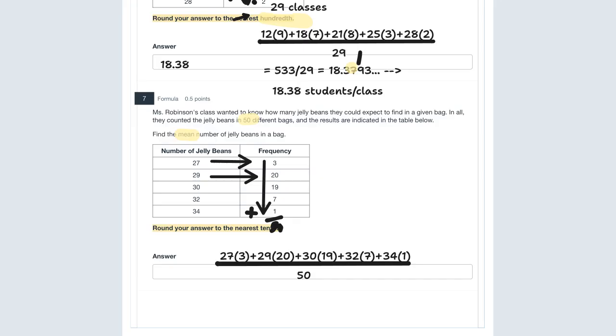So 27 times 3 plus 29 times 20 plus 30 times 19 plus 32 7 times plus 34 times 1 is 1489, and then I'm going to divide that by 50,